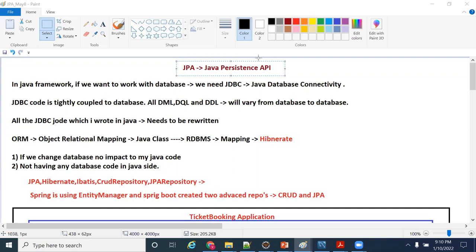Now, if I am changing from Oracle to MySQL or Oracle to MongoDB, assuming that the Oracle licensing cost is very, very high. Sir, we don't want Oracle. My customer is asking, he doesn't want to pay licensing cost for the Oracle database. He is asking us to change the code to migrate to MySQL.